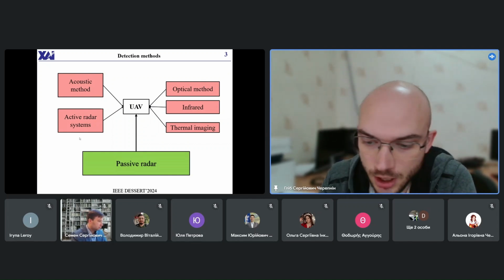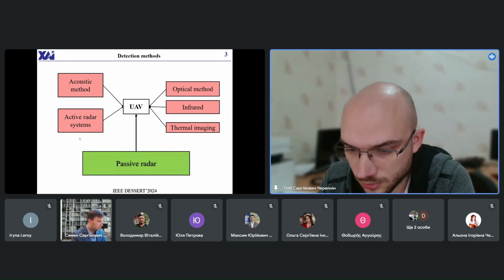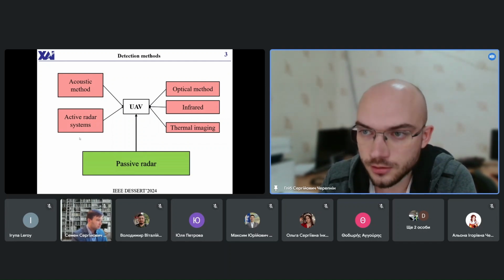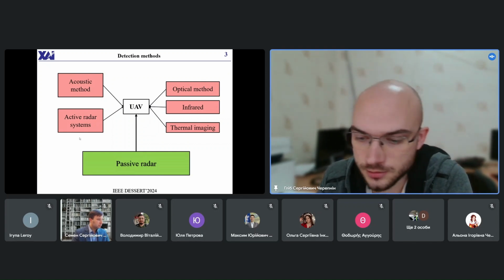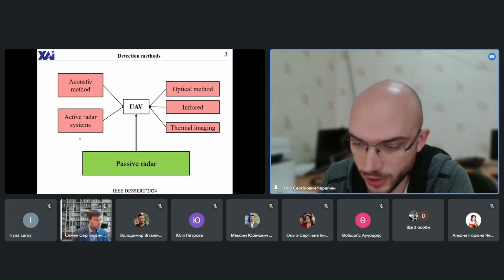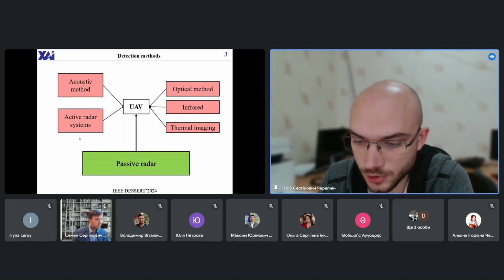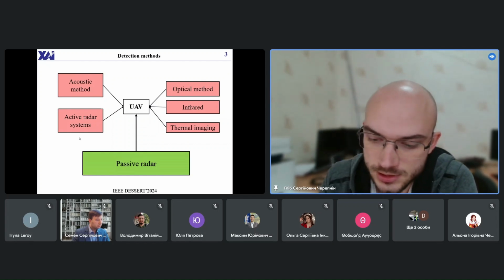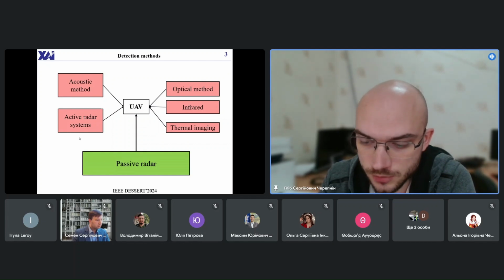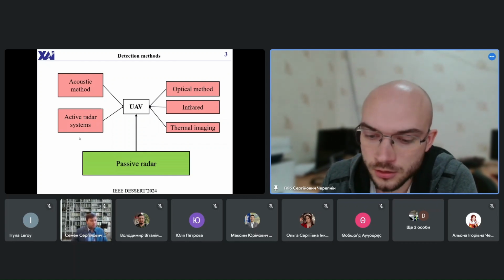Detection systems are based on various types, namely radiotechnical, optical, infrared, thermal imaging, and acoustic systems. For example, optical systems are best used during the day in clear weather. As soon as the conditions change, such as the onset of night or cloudy weather or rain, it is advisable to supplement these types of systems with infrared or thermal imaging means, which at the same time also have their